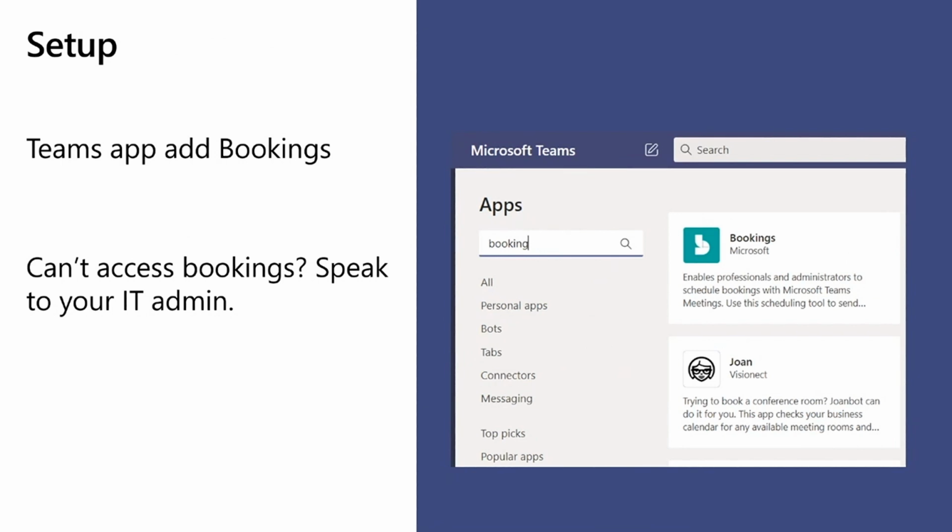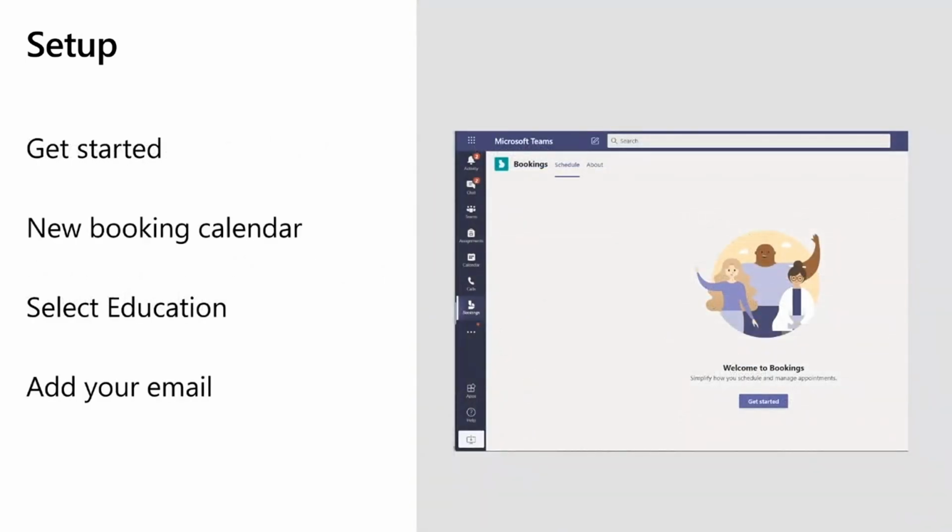So you'll see if we head into Microsoft Teams, we even have a booking app within Teams. So if you simply go to the App Store and search for Bookings, you'll have the ability then to add the Bookings app within Teams itself. To set it up, and this one will just be going as an overview, so we won't be going in depth as the activity for this one, but again, you have the slides to be able to follow along. If you click to set it up, you'll notice when I've added the Bookings app within Teams, I can click on Get Started.